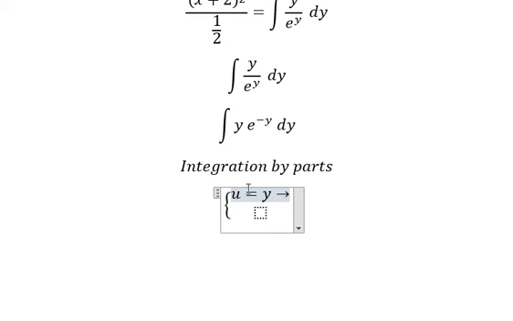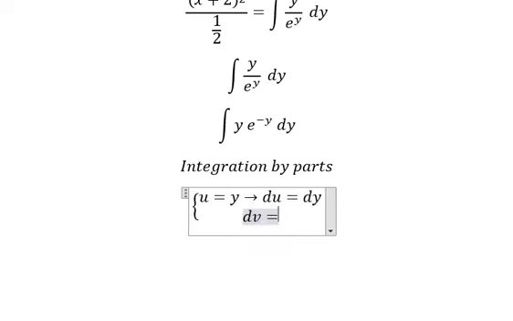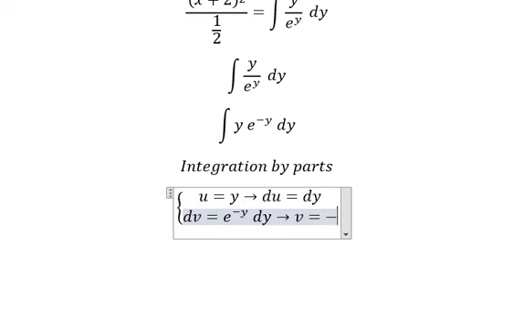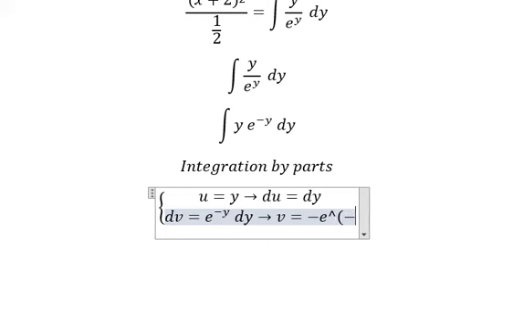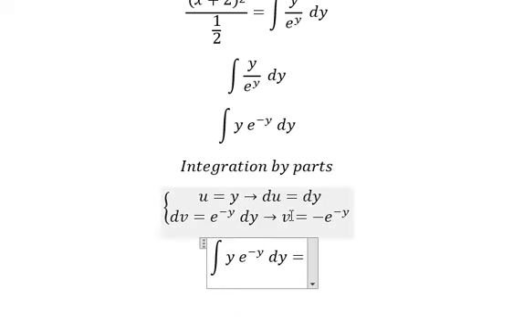So we need to do first the derivative for both sides, and you got du equals to dy. dv we have e to the power of negative y dy. The integration of this one, we have v equals to negative e to the power of negative y. So we have u multiplied by v